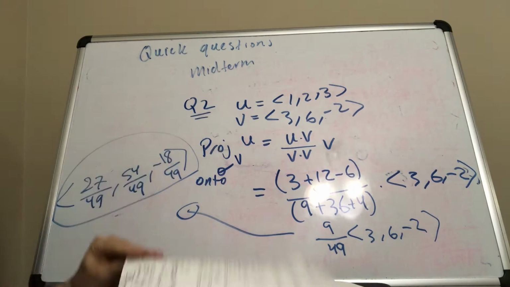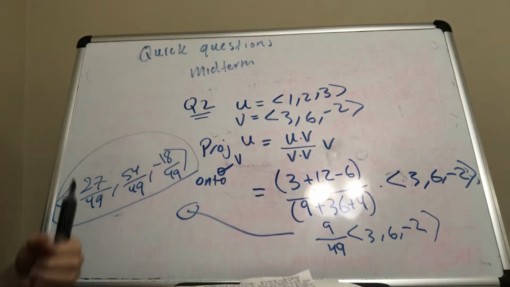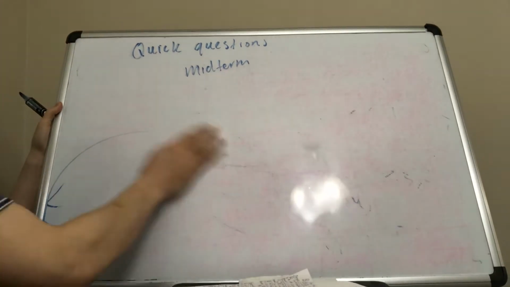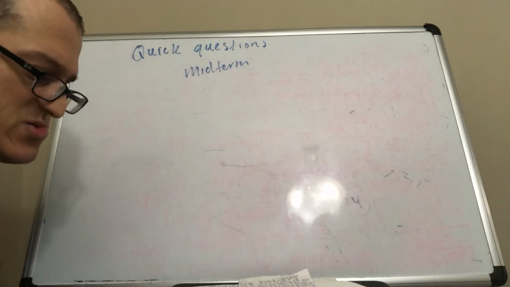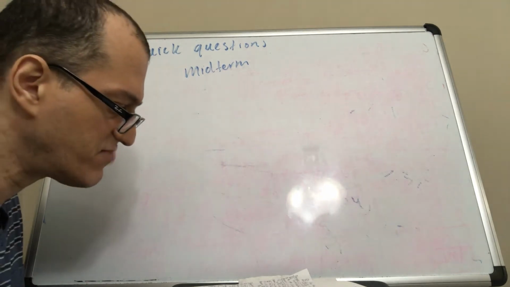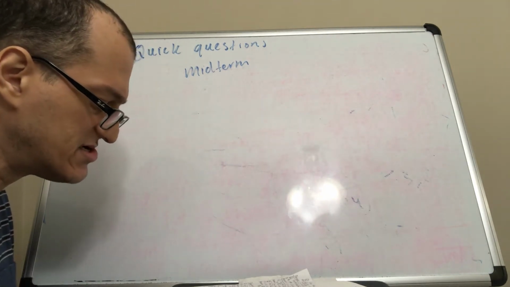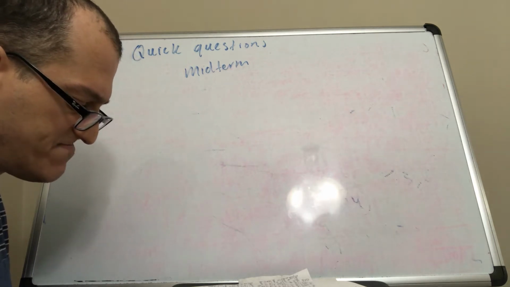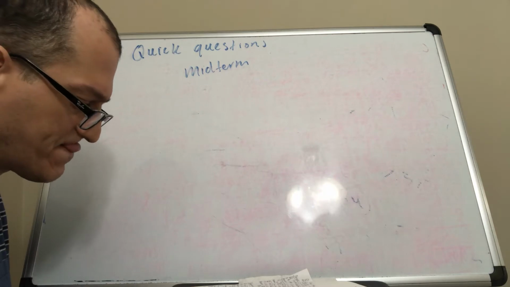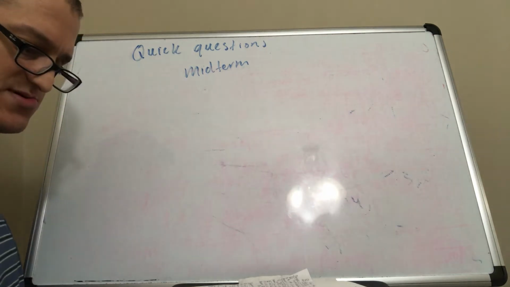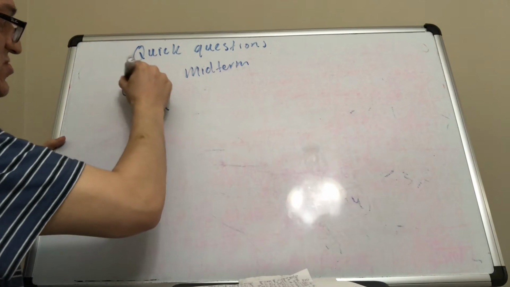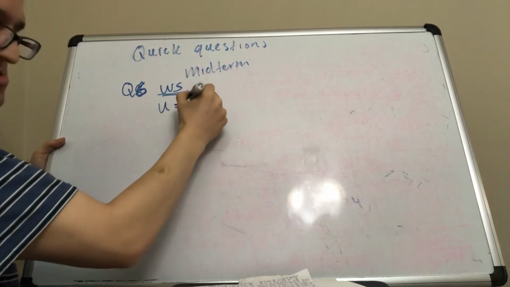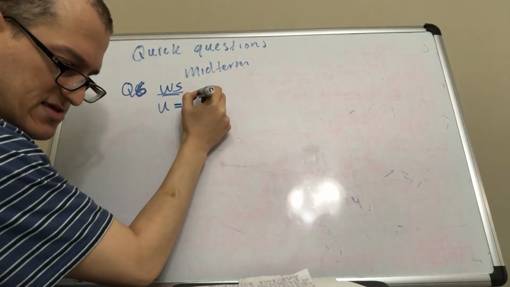Also, if I go to your sheet for the worksheets, one of the quick questions you could possibly be asked is question 6, for example, where it's find the angle between vectors. So you have two vectors. This is question 6 on the worksheet. You have two vectors, and the two vectors are